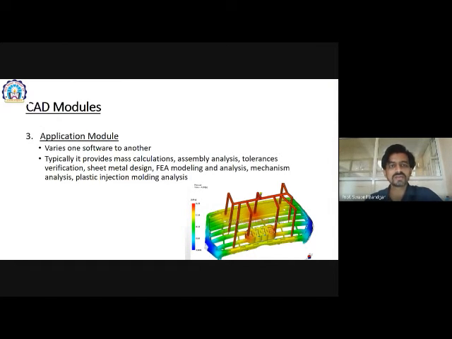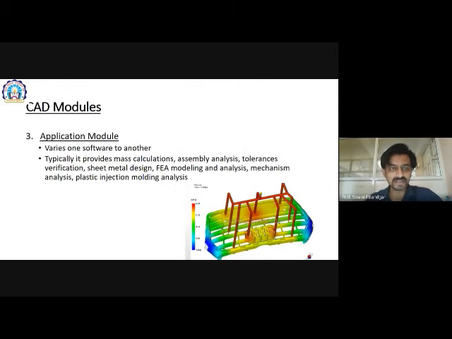These vary from one software to another, which means application modules are different for different software. If one software is made for plastic injection molding, its application module will be only for plastic injection molding analysis. That cannot be used for sheet metal operations, or for CNC codes, or for the modeling of robotic arms, right?